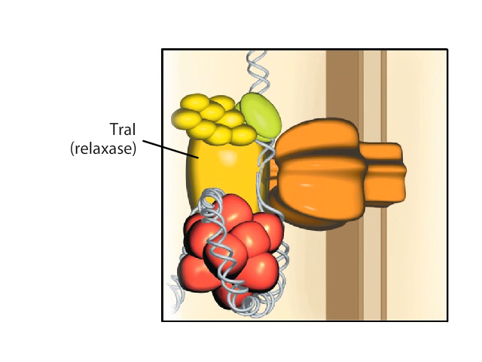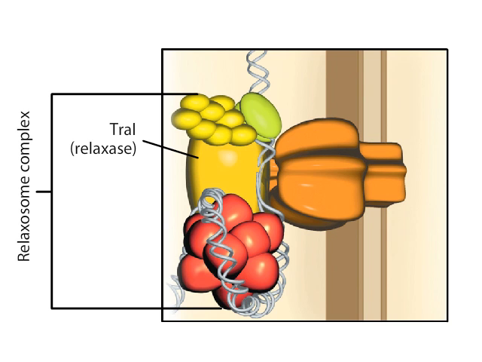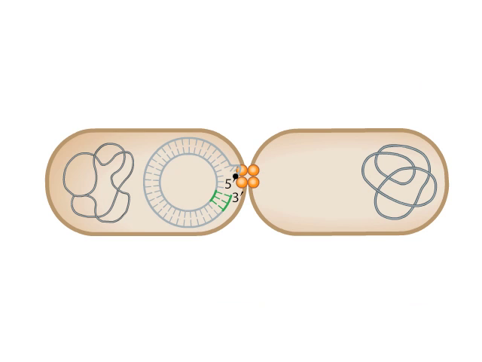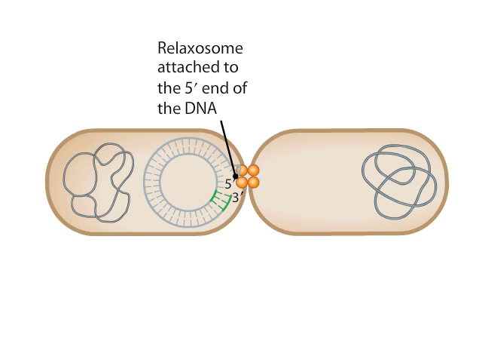TRA-I, also called relaxase, works in combination with other F factor encoded proteins to form the relaxosome complex. Here, the relaxosome is shown wrapped in F factor DNA at a membrane bridge. The relaxase enzyme nicks the phosphodiester backbone at ORI-T. The nick produces a 5' and a 3' end on one of the DNA strands. The relaxosome remains bound to the 5' end of the nicked strand, and the DNA-protein complex is transferred through